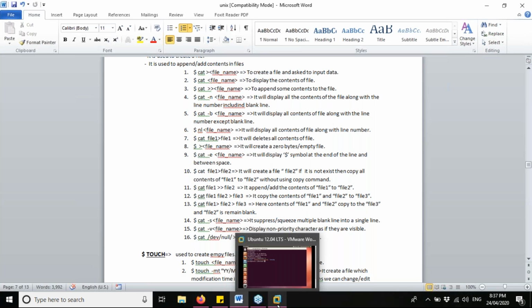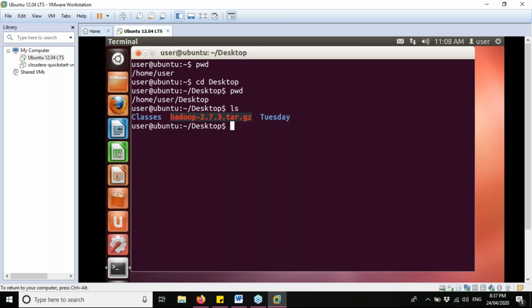So let's do that. Let's go to our terminal. cat, this greater than sign, and then the file name. Suppose let it be a.txt. Enter, and then Control D, you have to press Control and D simultaneously for this cat command.